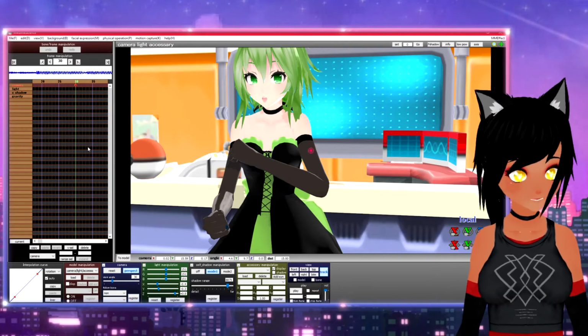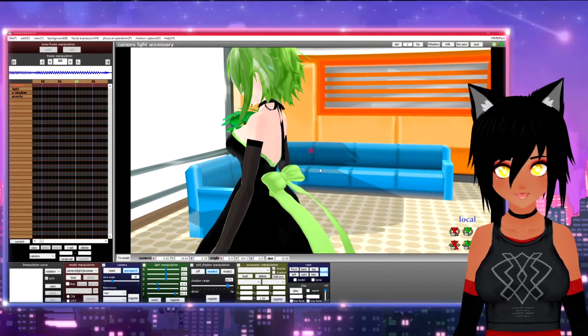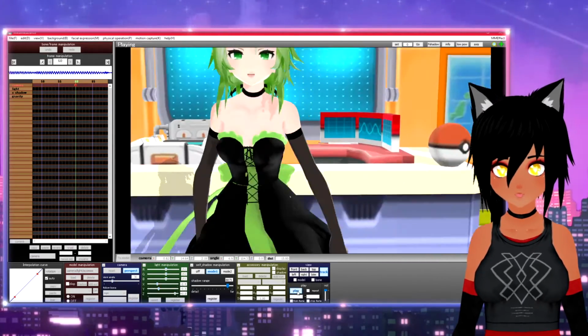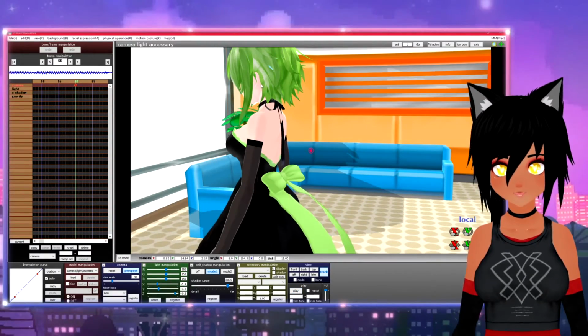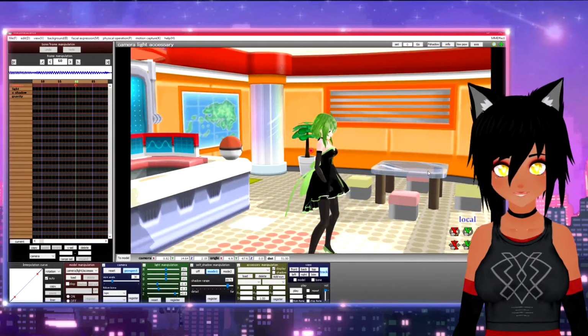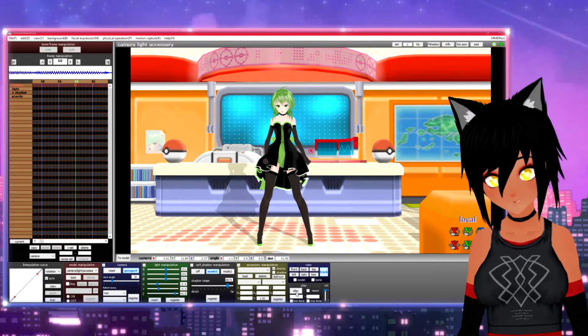I'm not going to make a whole motion, so I'm just showing you. I mean, you get the point. So now I can have it over here and click register. And now it'll look like this. And wherever it stops is where it's going to sit for the rest of the motion. So you have to keep adding to it to keep it going. But that's pretty much how you make camera data.